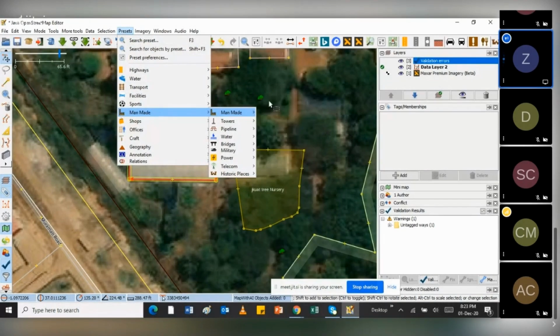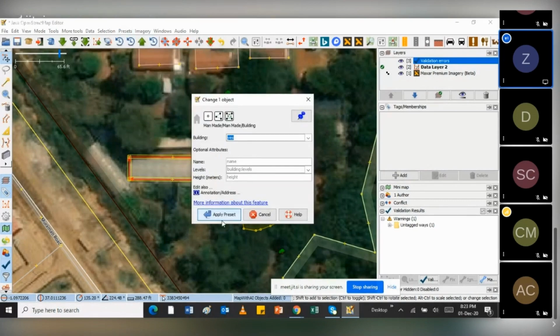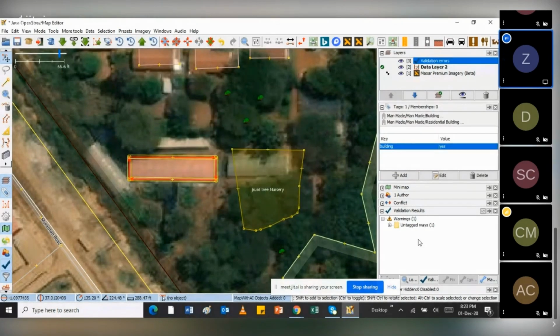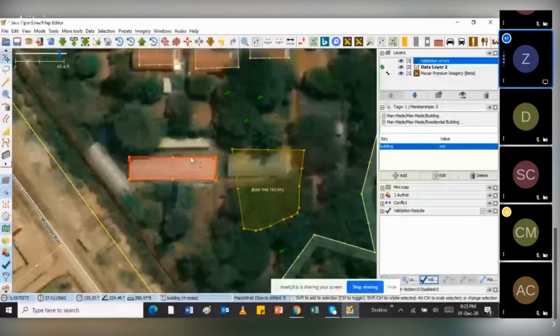Because this error has been picked, I'll just make sure that there's no other error. I'll click on validate, so it will make sure that there's no other error associated with that feature. I don't think there is any, because now there's no error appearing here.